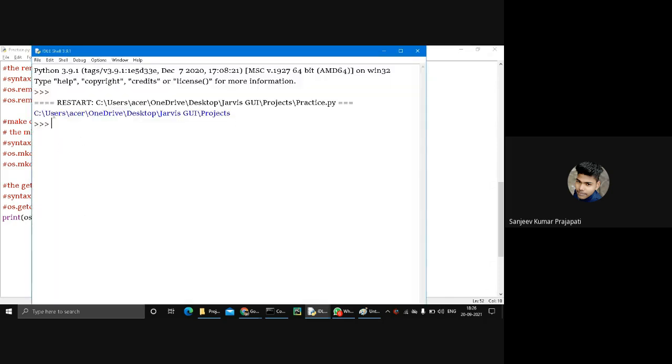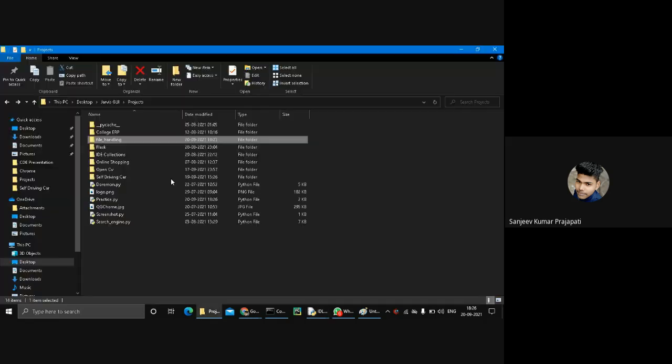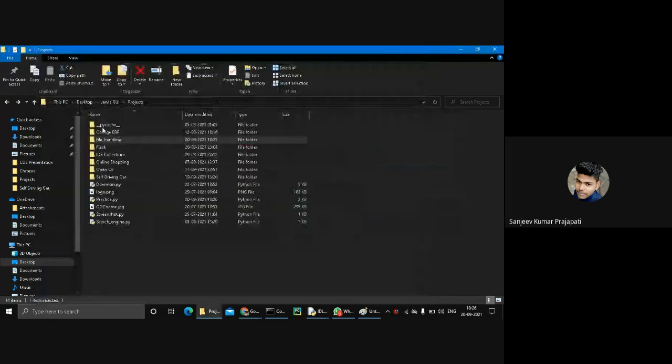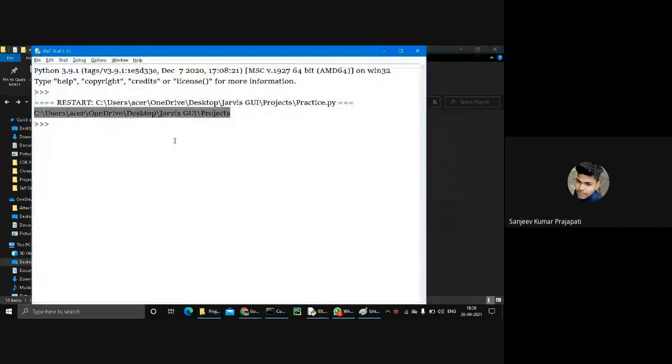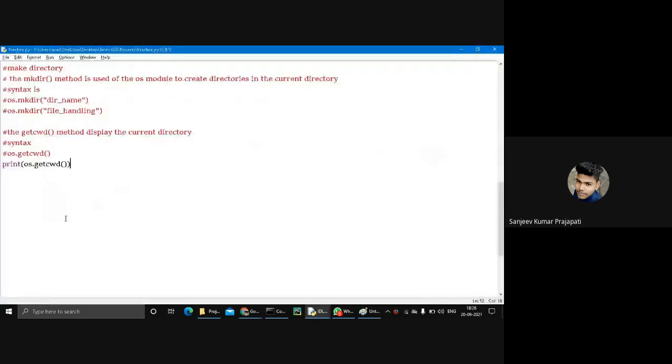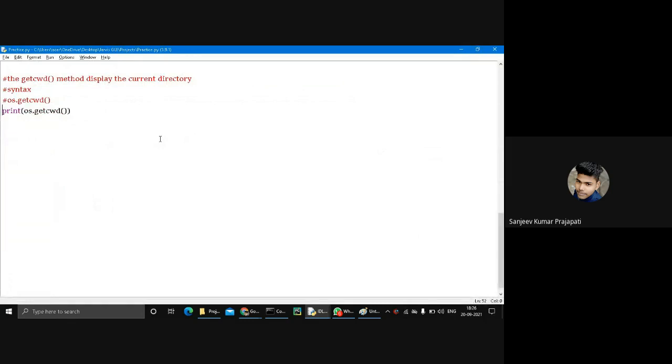You see my current directory is available at this address. The first is This PC and then projects, in the C drive. The directory is the same. So it returns the current directory of my particular folder. Okay, so it's clear how to show my current directory.